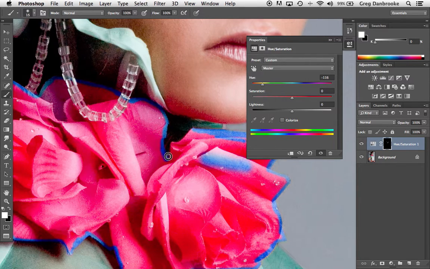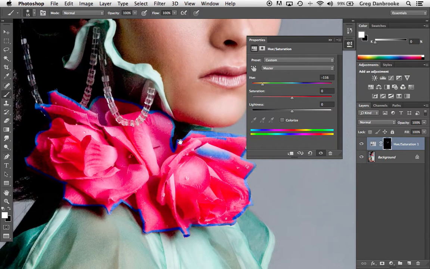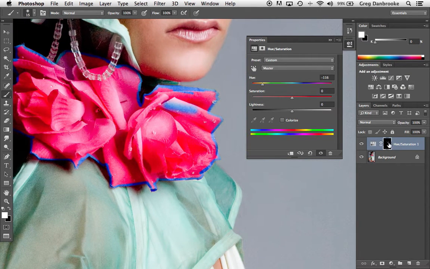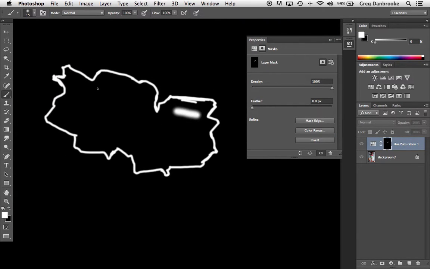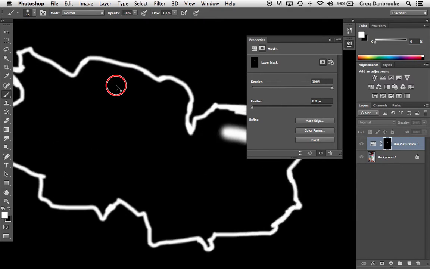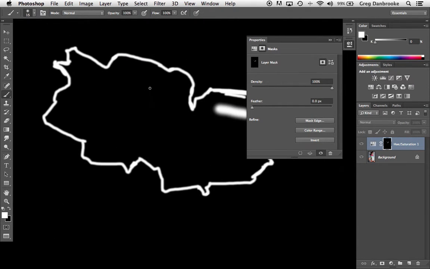Once I've made my way all around the flower, I'm going to take a look at that layer mask directly. If I option click on the layer mask or alt click on Windows, I can see that as a black and white image. I should have something that kind of looks like the outline of Australia there. Now this whole inner area I want to fill with white, but rather than using a paint bucket, which would leave a little bit of a fringe, I'm going to select the inner area, expand the selection, and fill it